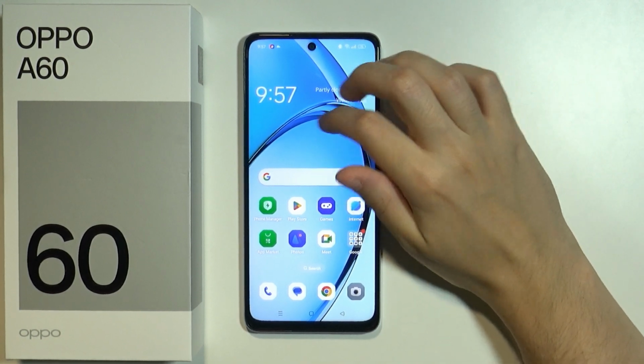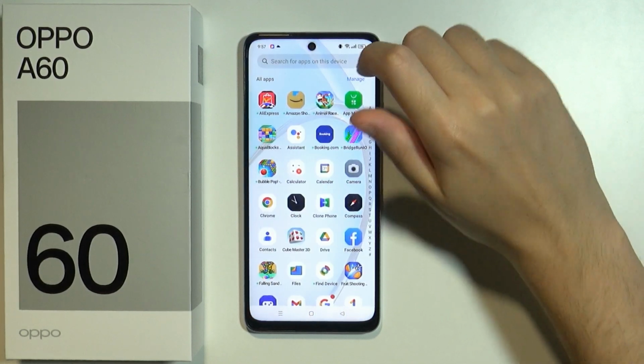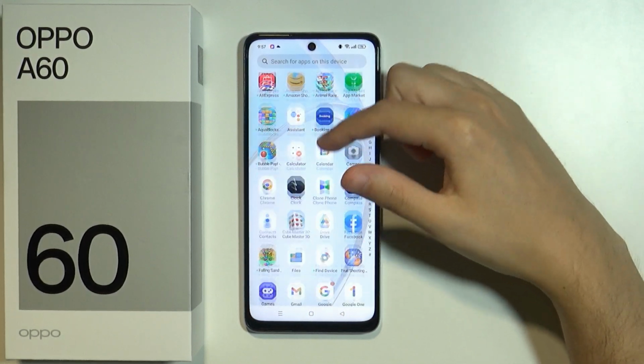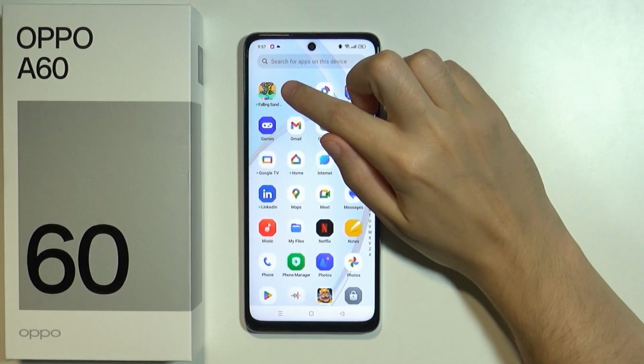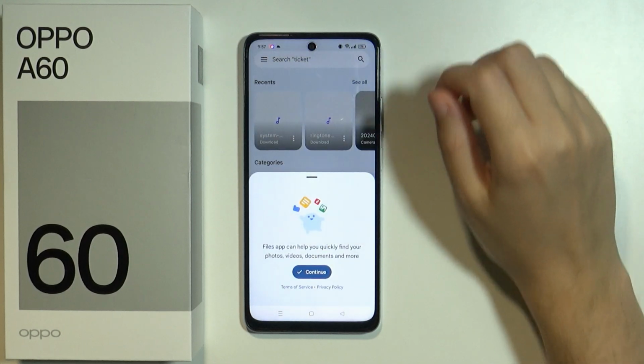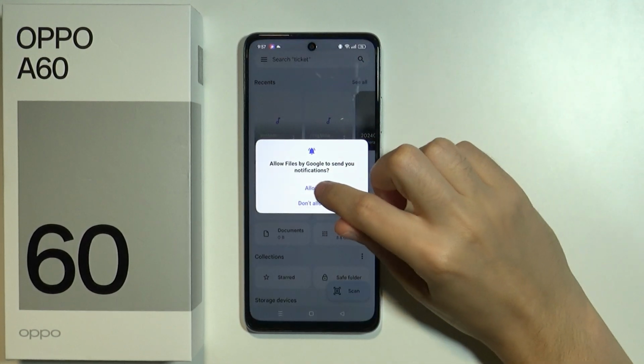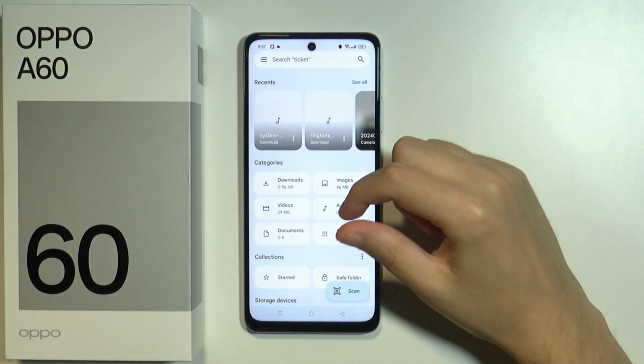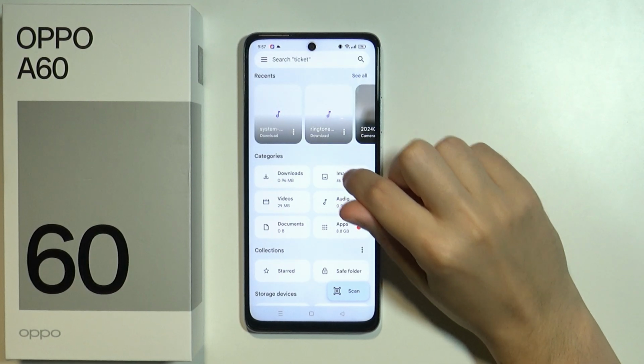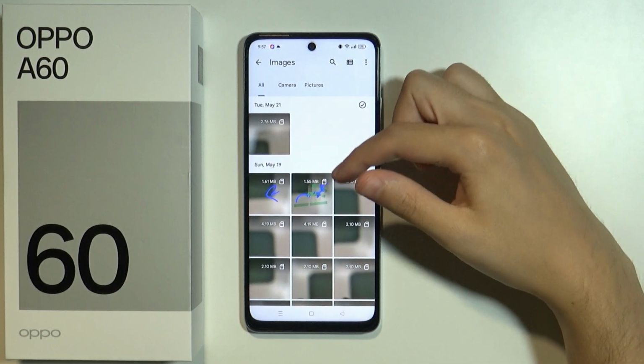So first we're gonna find the app, so let's open the app drawer, and then over here we need to find Files by Google. Once we open it, we can press continue. Of course we can allow notifications. Over here, if we go to Images category, then of course we'll find all photos that we have on our